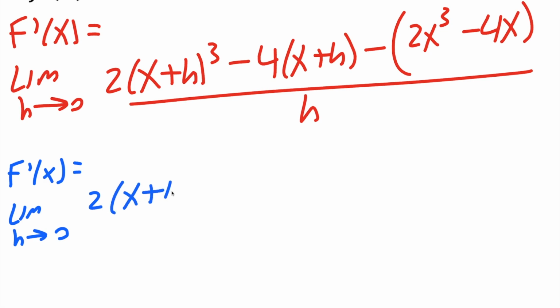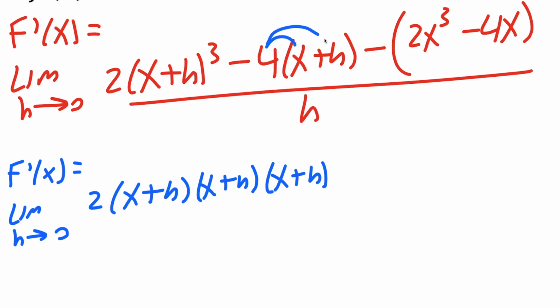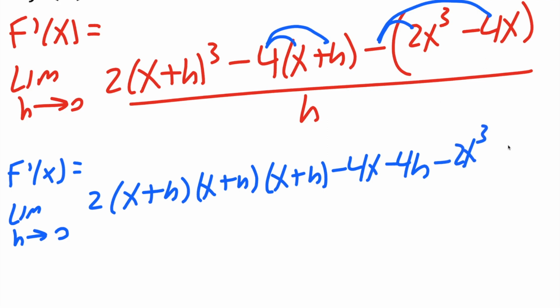Now this is saying minus 4 times (x plus h), so you have to distribute the minus 4 to both pieces. So you'll have a minus 4x minus 4h. Same for this minus, you have to distribute it to both pieces. So we'll get a minus 2x cubed minus 4x gives you a positive 4x